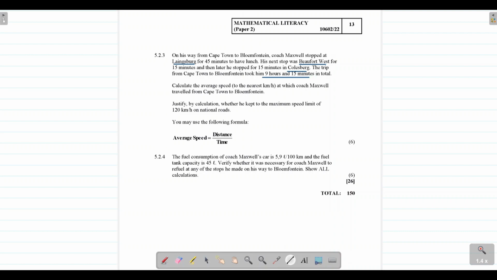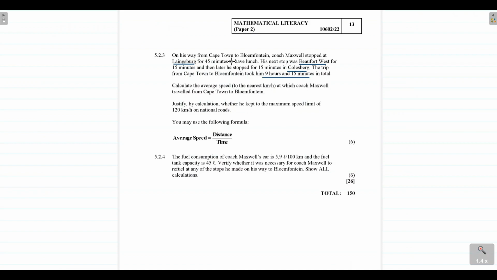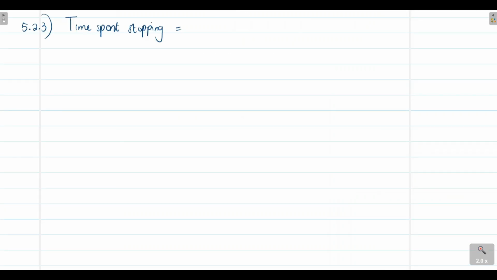After we've done that, we will be able to determine the average speed that Mr. Maxwell spent on the national road. So let's first start off by calculating the time that he spent stopping. The time that he spent stopping is equal to the 45 minutes that he stopped at Lanesburg plus 15 minutes at Beaufort West plus 15 minutes at Colesberg. So it's 45 minutes plus 15 minutes plus 15 minutes. In total, he spent a total of 75 minutes